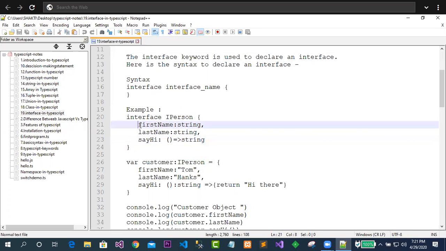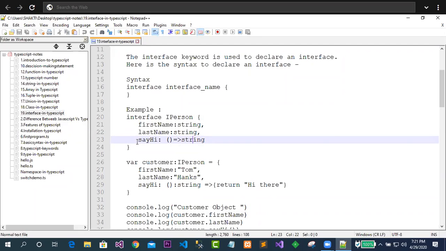There we have some variables like first name, which is a string, and last name, also a string, and a method. That method doesn't have any parameter, but its return type is string. It is a function that doesn't have any parameter, its return type is string, and it doesn't have a body, because in an interface we are not going to define a function.